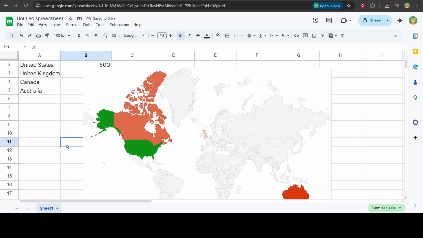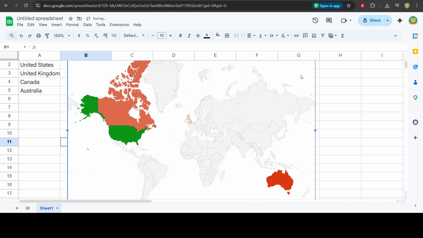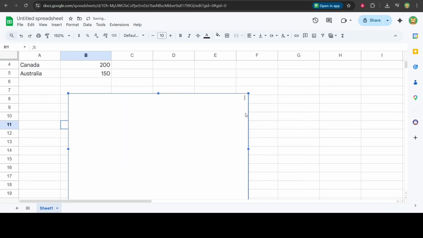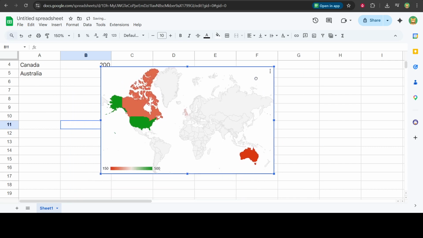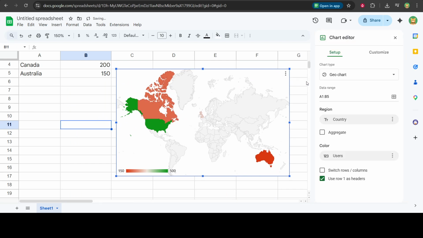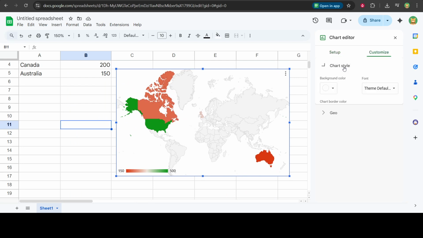To make your map really stand out, switch to the Customize tab in the Chart Editor and click Geo. Here, you can fine-tune the look and feel. Adjust the color scale so higher values pop with a bold shade, while lower values stay lighter. Choose colors with good contrast to keep the map readable for everyone. You can also tweak the region focus and the display mode if needed, and enable tooltips so viewers can hover